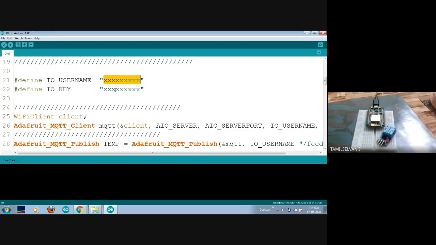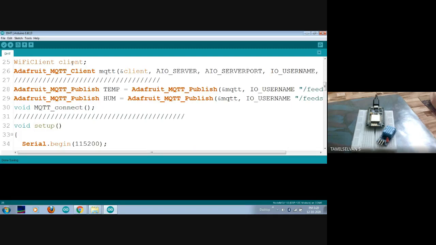As I mentioned earlier, you have to create your own account, and from your account, if you share this particular username and key, then your Adafruit cloud and this particular controller will be communicating with each other. This is the main area where your MQTT protocol will communicate with your Adafruit account from the controller.